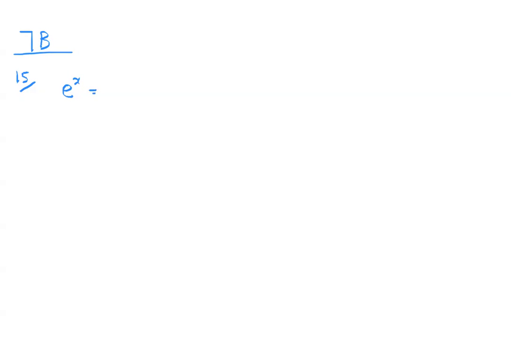Okay, these are the facts given to you, so we are not going to prove that. It will be 1 plus x. Why is the first one 1? Because this is talking about the sum. So the first one will be x to the power of 0 divided by 0 factorial.